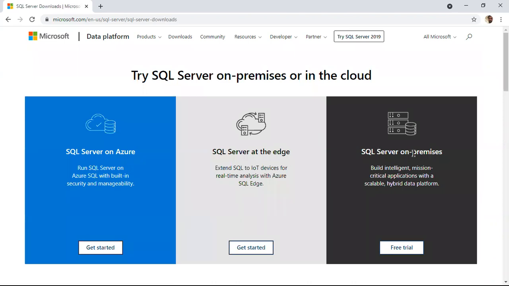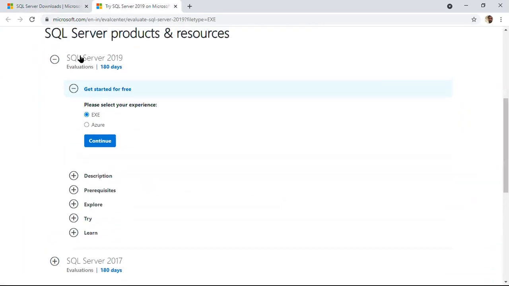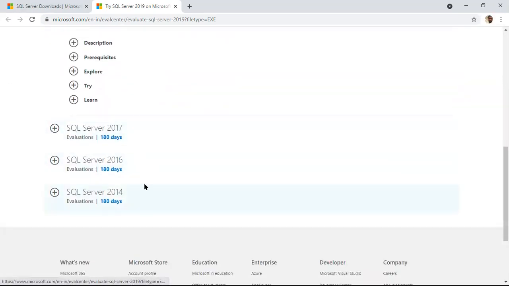SQL Server on-premises environment, free trial. Check here, SQL Server 2019 exe file, continue. Here we can see 2017, 2016, 2014, any version we can install.